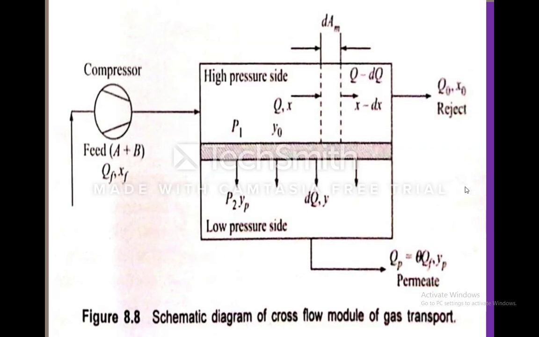In the schematic diagram, if you observe, in the perfect mixing flow, the outlet of the permeate is on the right side, whereas in the cross flow, it's at the bottom, because the permeate should be perpendicular to the feed since it's a cross flow. Yesterday in complete mixing, whatever the direction of the feed entering, the same direction is coming out for the permeate. But in this case, the feed is entering horizontally, whereas the permeate is coming down in a vertical direction. So there is a difference between perfect mixing flow and cross flow.